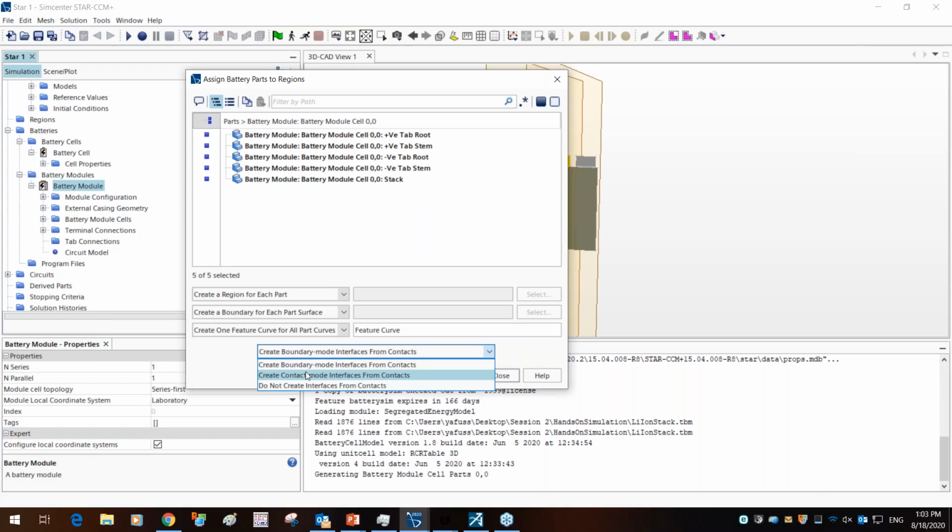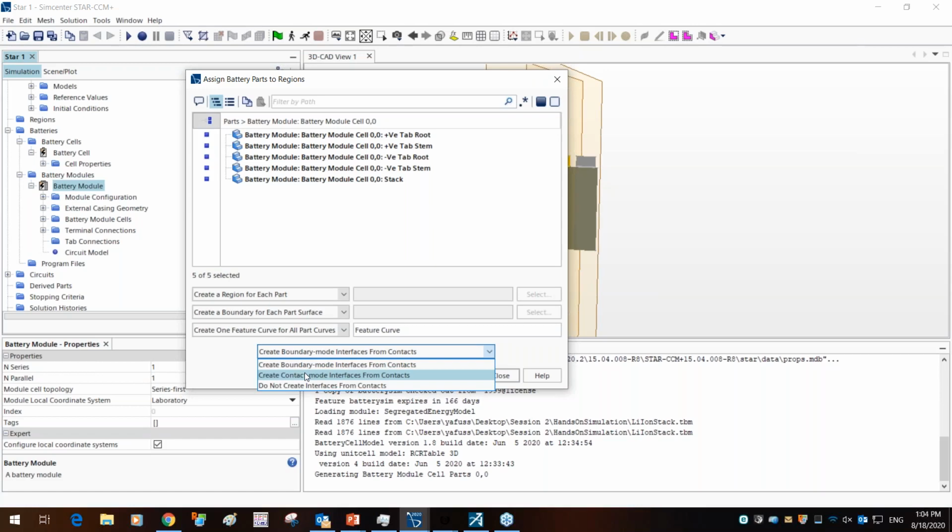To clarify what this means, let's say you have an electrical board with chips on the board. You will have two interfaces between the components: the components and the board, and the components and the outside or external air domain. If you were to create a boundary mode interface from contacts for each surface between the air and the board, it would have a separate interface for each. Whereas for a contact mode interface, all the surfaces that are connected between the component and the board are one contact interface, and all the surfaces between the air and the components are one contact interface. This comes into play a lot when we talk about fluid structure interactions.